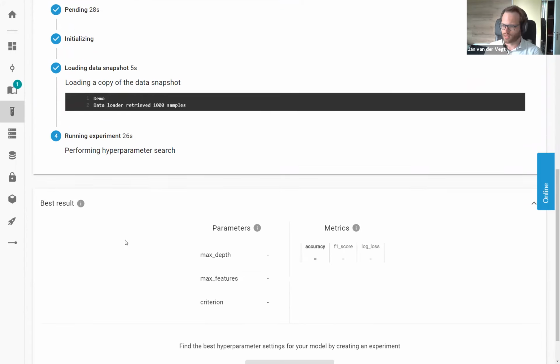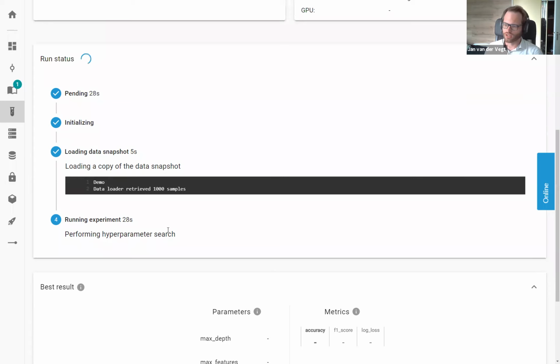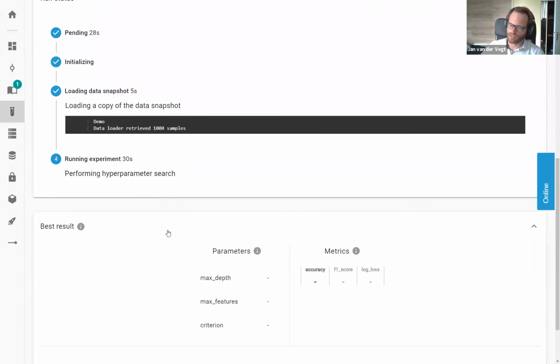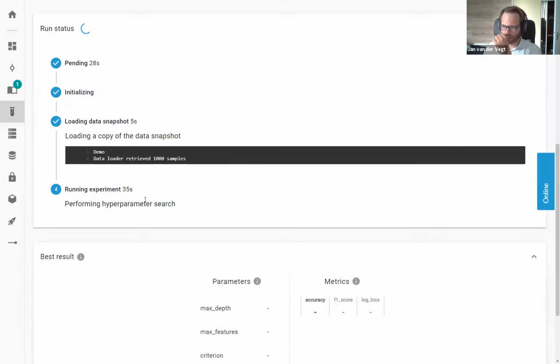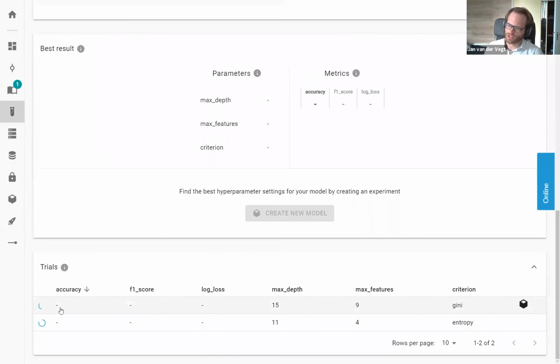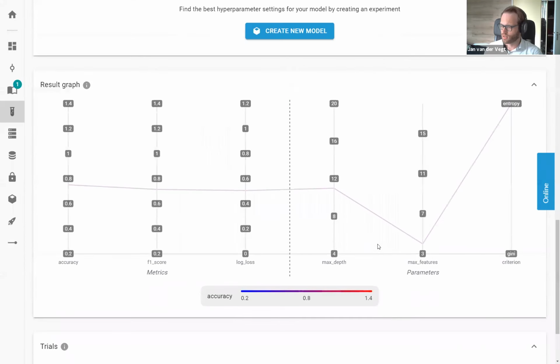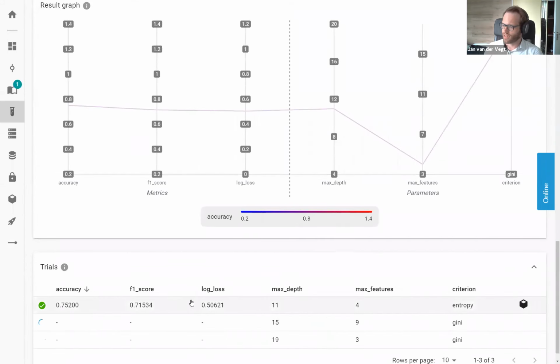So now, 1 second. It's going to start the experiment, and this is distributed, so it's going to actually start different pods with different trials at the same time. It takes about a minute to get started. All right, so you can see here, it started 2 trials. On the right here are these hyperparameters. Those hyperparameters were defined in this configuration. And on the left, you actually have